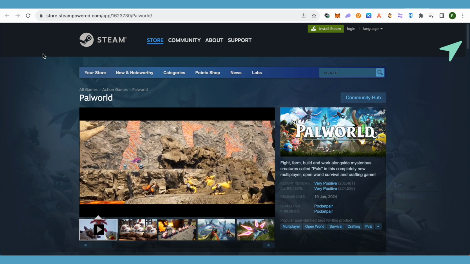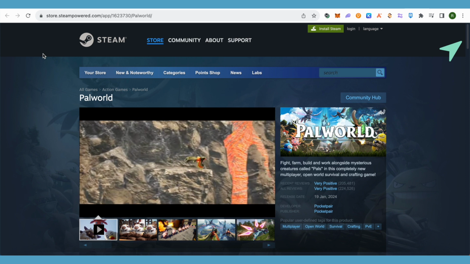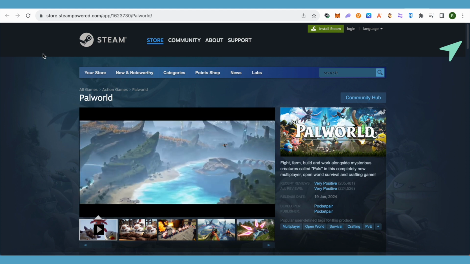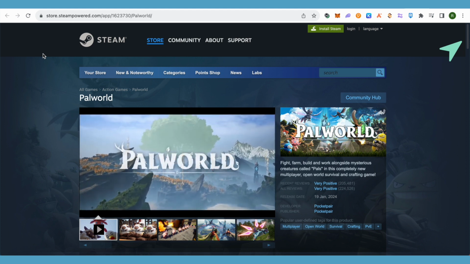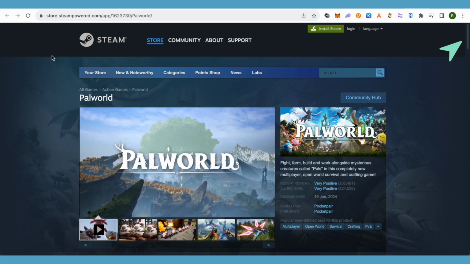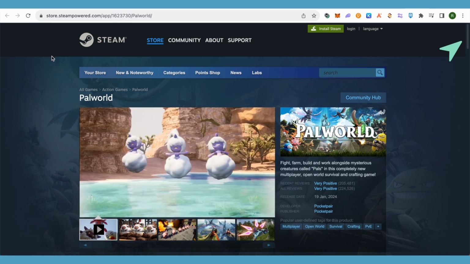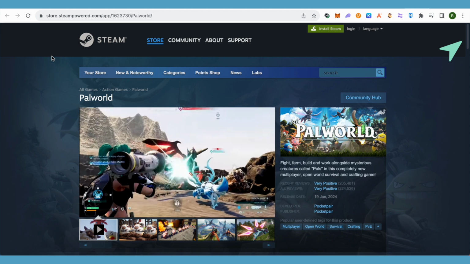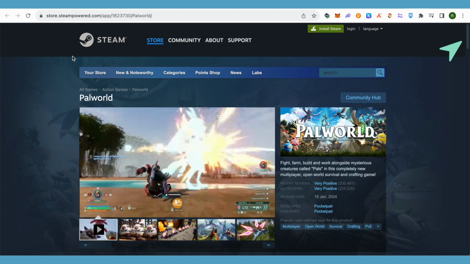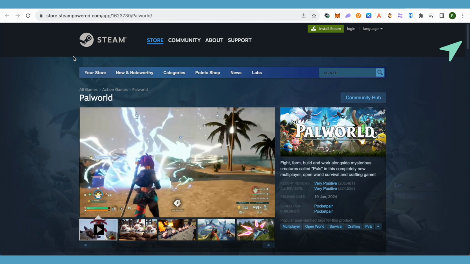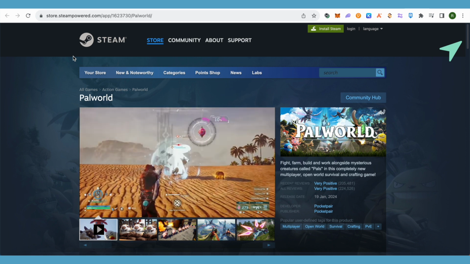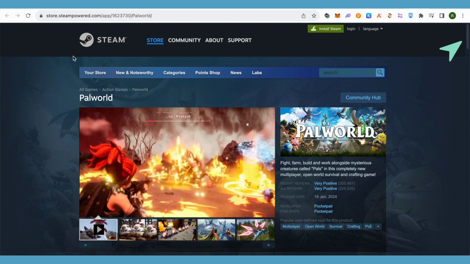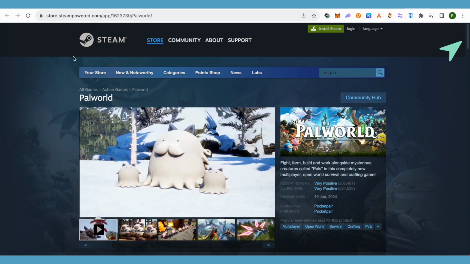So just open up your C drive, then go to Program Files. After that, open up Steam's folder, and in that folder you will be able to find the option of steamapps. Just simply open it up. There select the option of common, then select the option of PalServer, and there you will be able to find the option of DefaultPalWorldSettings. Just simply open it up in a text editor, basically, and just copy the whole code written